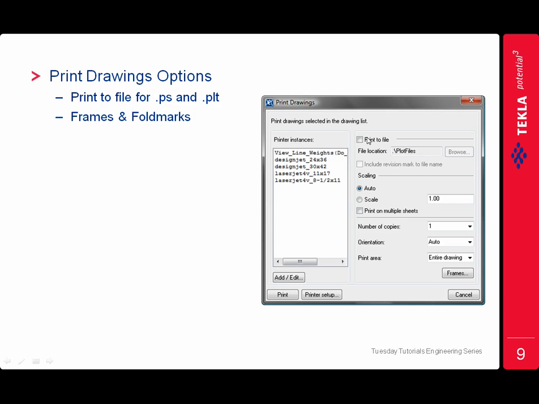Okay, so the next option, print to file, and the printer catalog dialog. You don't generally need to use this even if you're printing to PDF. The only time you'd use this if you're printing to PDF is if you're using a PDF printer that uses a distiller in between, so that it requires a .ps or a PostScript printer file in order to generate the